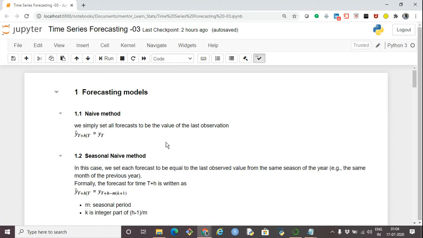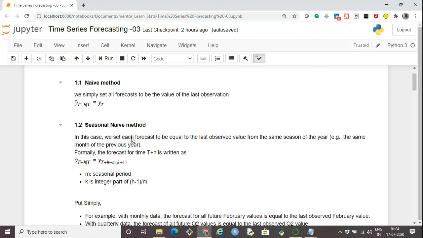If you want to predict the value for the next year, then the value will be the value in December 2020, because we have data of 5 years, 2015 to 2020. So the last month of 2020 is December 2020, and whatever the value is there in December 2020, that value is taken as the forecasted value for the next year. Put simply, whatever the last observed value is, it is taken as the forecasted value for the next period. So that's a very simple method, the naive method.